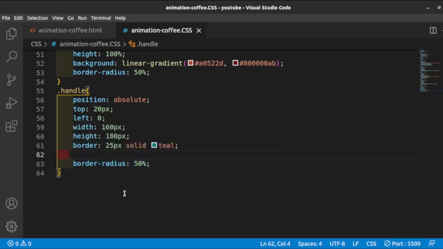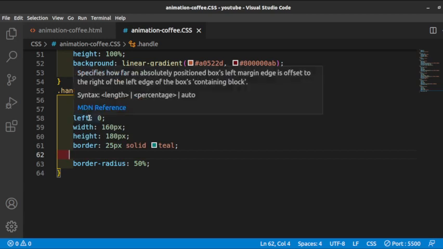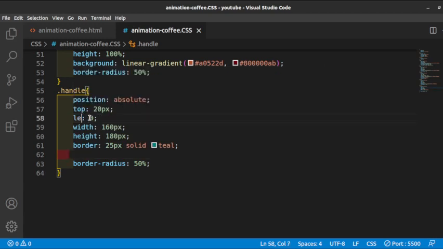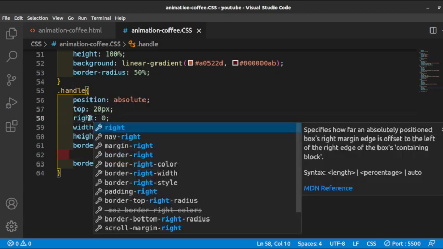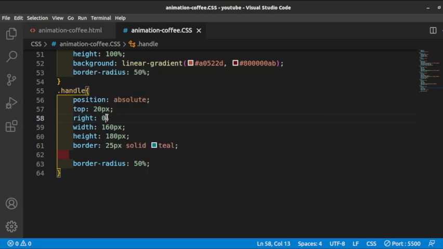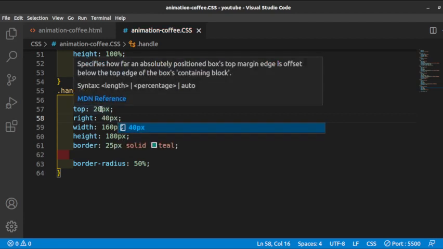So you'll be able to see what we are dealing with, but we want to set it on the top right. The right side should be, you can say 40 pixels, and the top side,